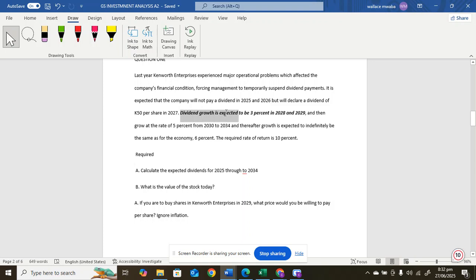Dividend growth is expected to be 3% in 2028 and 2029, and then the growth rate will become 5% from 2030 to 2034. Then after 2034, the growth rate will be 6% until infinity, until the company closes. So we already did part A and B of this question, okay? We already calculated the expected dividends using this formula,